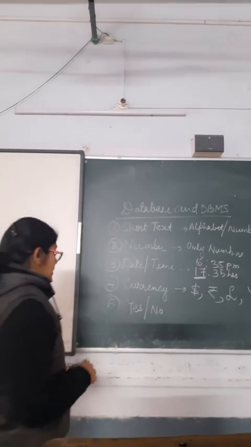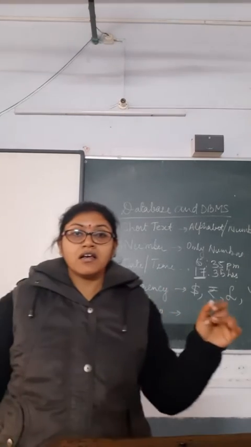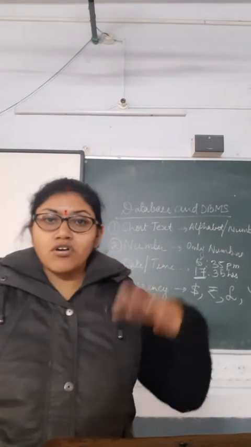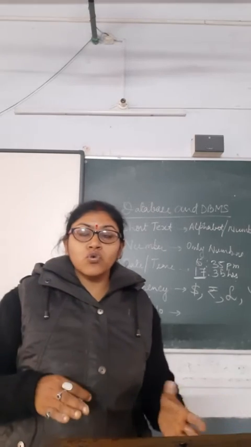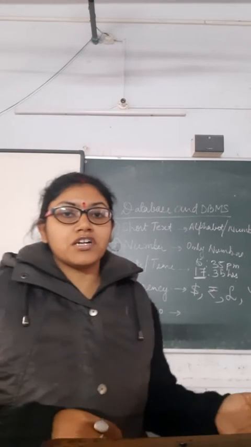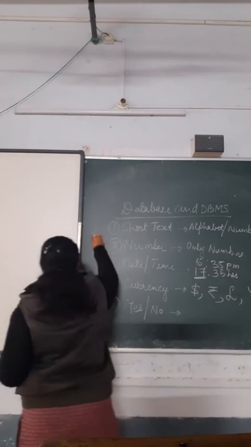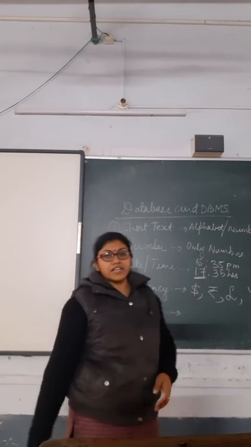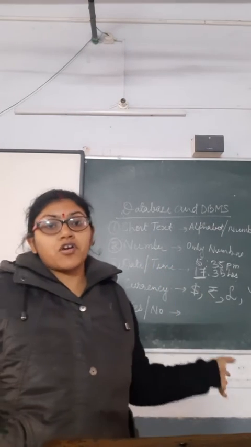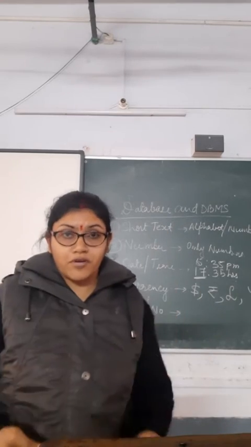Okay, and next is yes and no, when we are giving any option like female, male, whether he is already working or not, yes or no. If you are in a school, in which school she was studying or he was studying, yes or no, like this. So these are the data types which we use to create the database. Okay, these are the formats that help to create the database in a data type format.